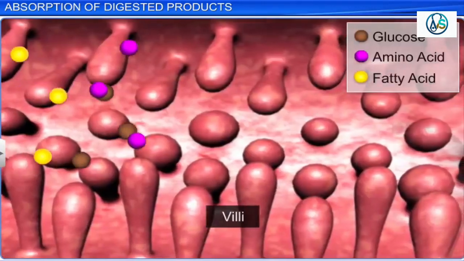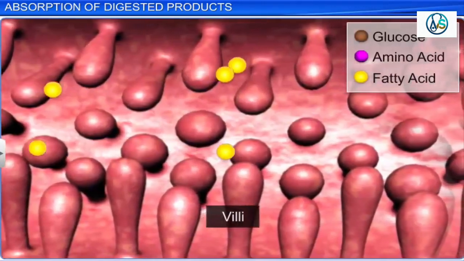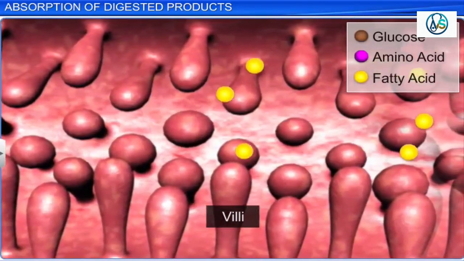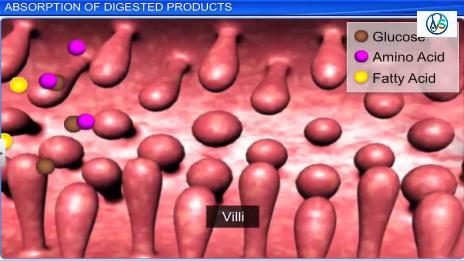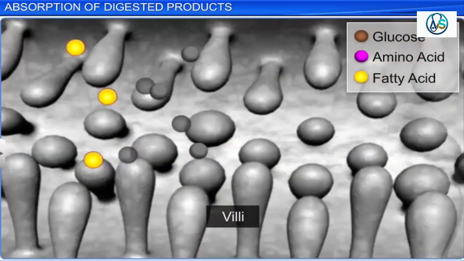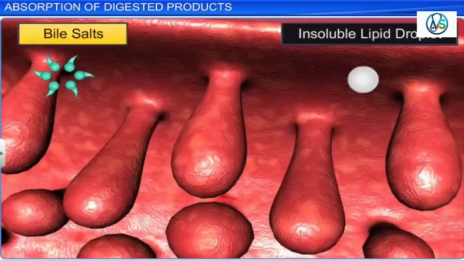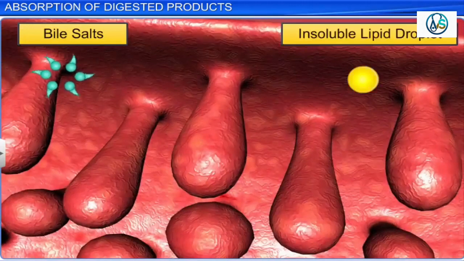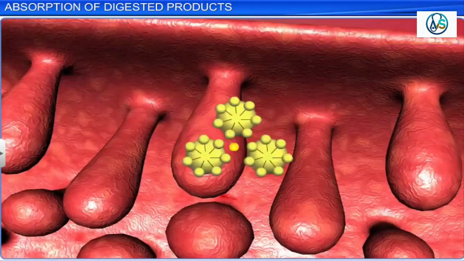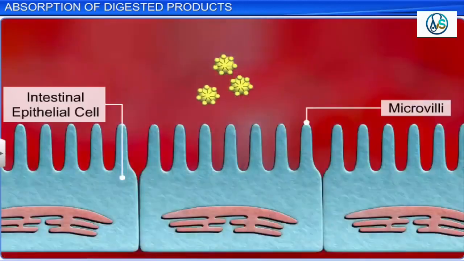Unlike carbohydrates and proteins, fats are not absorbed through the intestinal villi. Fatty acids and glycerol are insoluble in water and therefore cannot be absorbed by the intestinal cells directly. They are first acted upon by bile salts to form small spherical droplets called micelles, which can easily move through